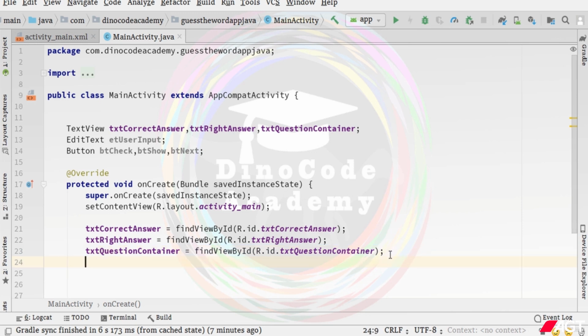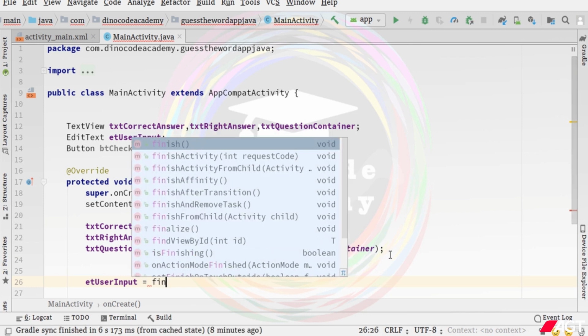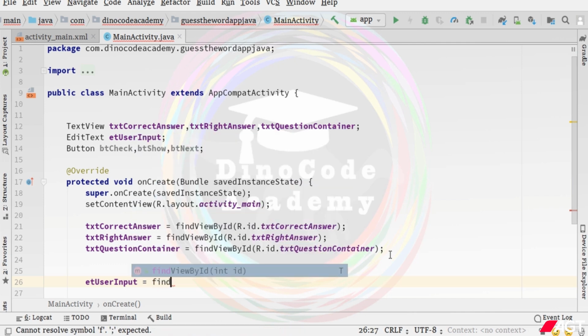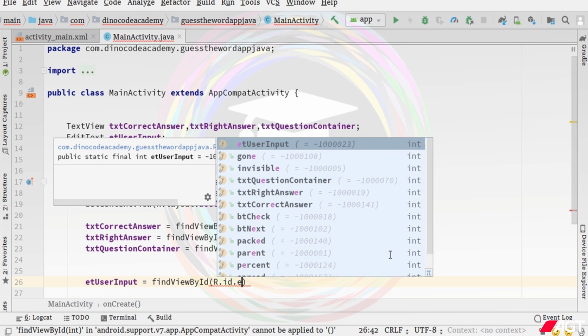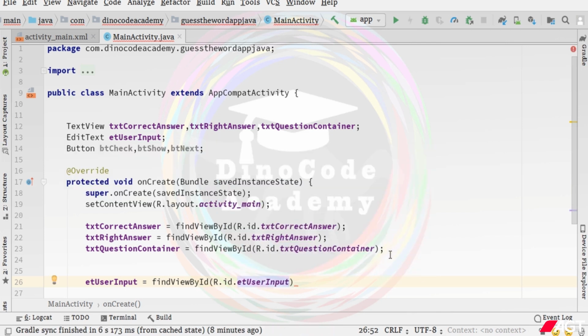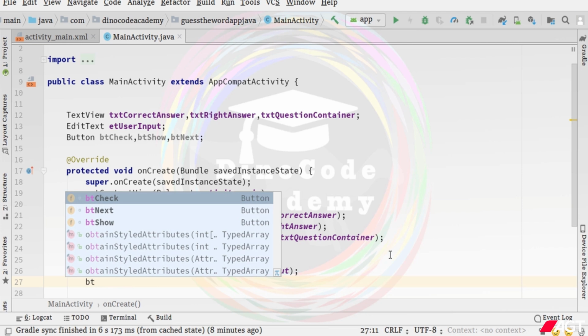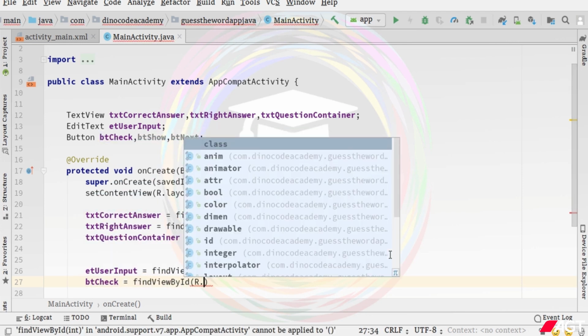Now it's time to fetch all the other views. So first type et user input equals to findViewById, not finish. It's findViewById, then again R.id dot and then the et user input id. So I name my variable name and the id name the same so that it avoids confusion. Next time for the button, so first bt check is equal to findViewById, then R.id dot,